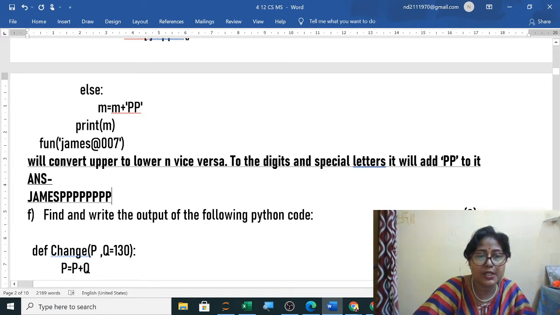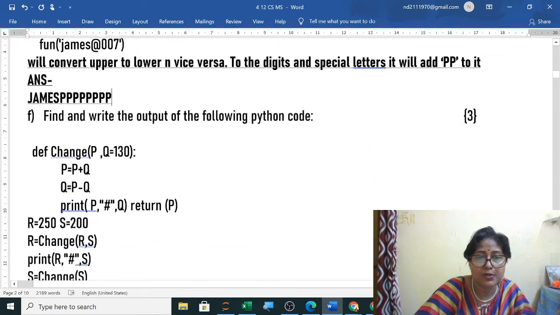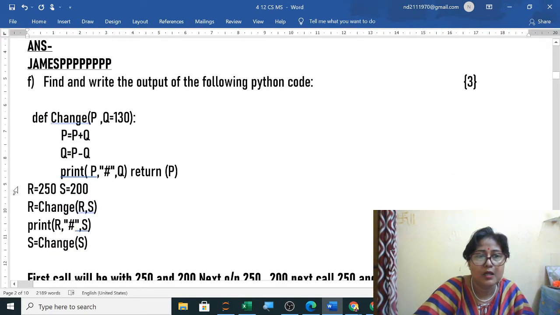Now the next question is write the output of the following code. Now when you are printing R and S, before that R value was 250, S was 200. Then change R is 250, S is 200, so P will be 250 and Q will be 200.